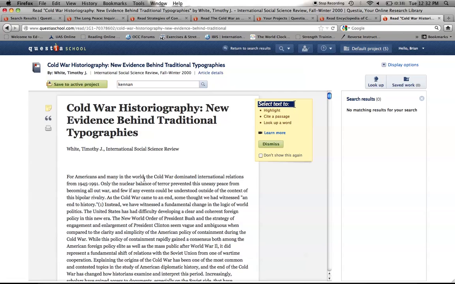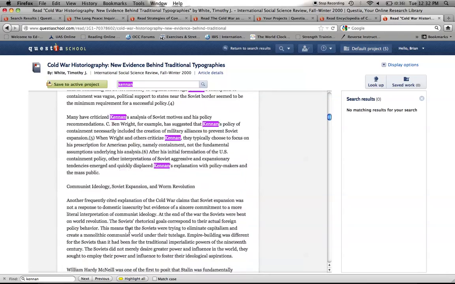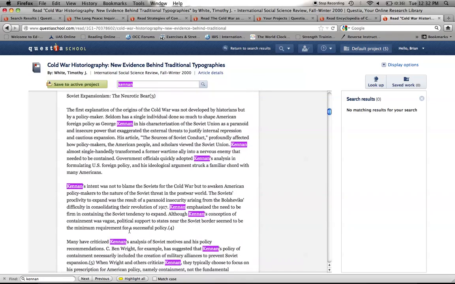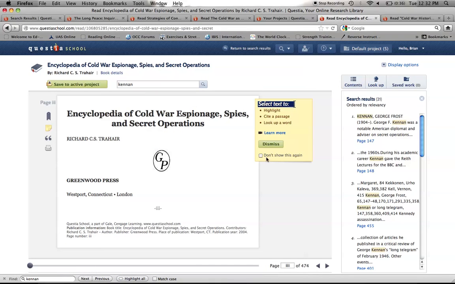If I wanted to make it a little bit easier, I could actually use... I'm using Open Apple or Command F and searching within my Firefox. Because this is going to search what's on the page. Highlight all, and it's going to show me all the Kennans. Oh, it's a mess of Kennan. No more Kennan in this article. Screw him, but definitely worth potentially reading these 3 paragraphs. Again, reading later. Back here, we've got Kennan.